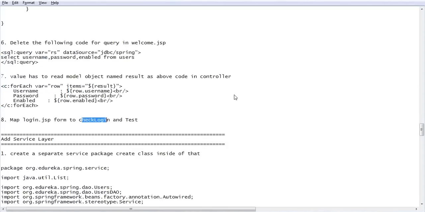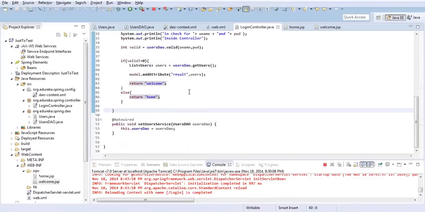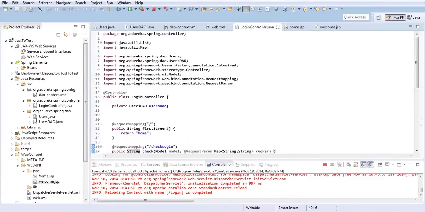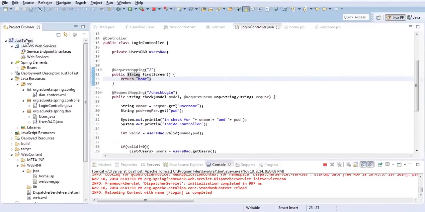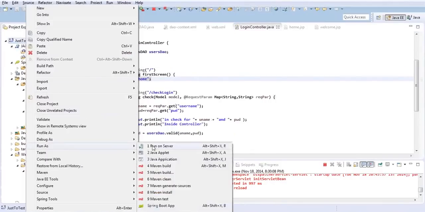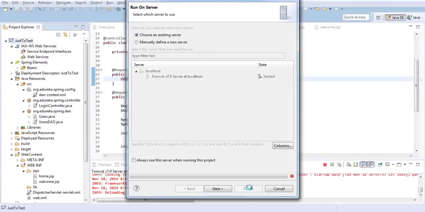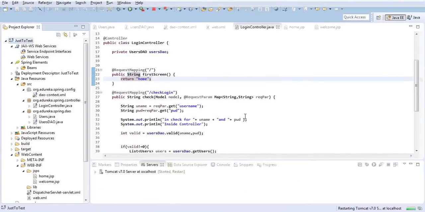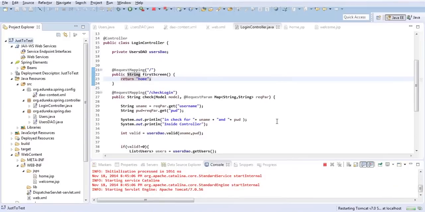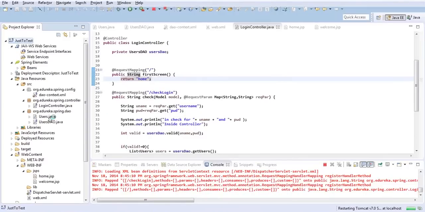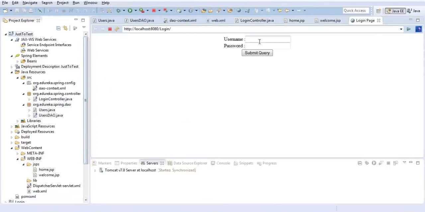Check login is also changed now. If everything is fine, my luck is good, it should work fine with this DAO. So now let me save all these files. Right click, now I am running using these DAO classes to call my business logic, the check function, whatever it is. In complex applications, you will use these DAO classes like this. So now if I say Tejas,